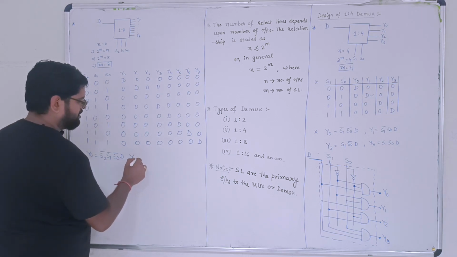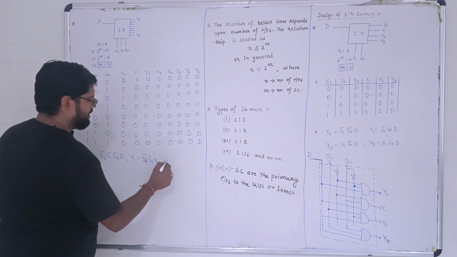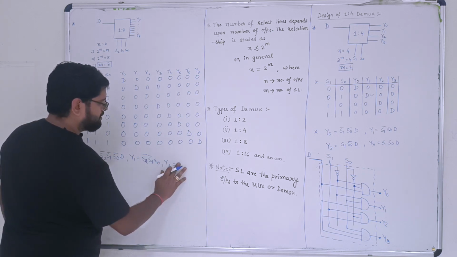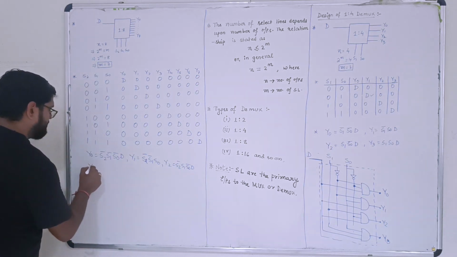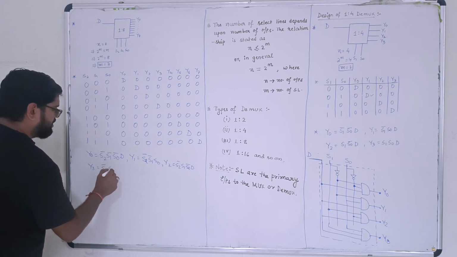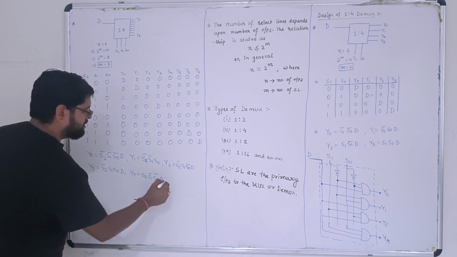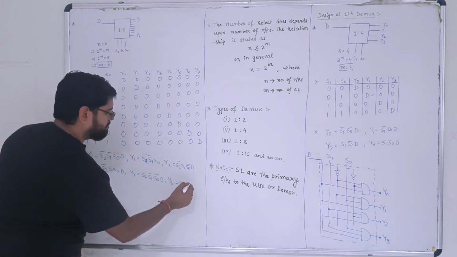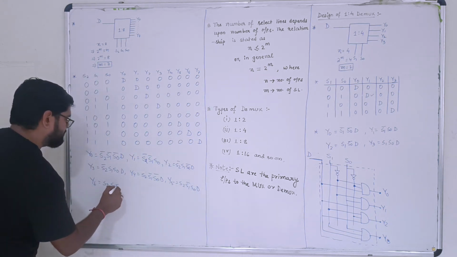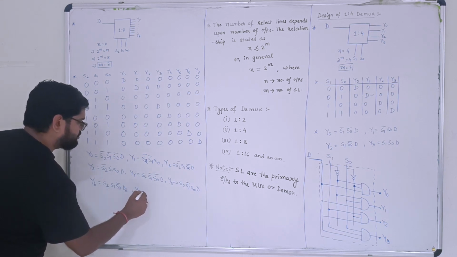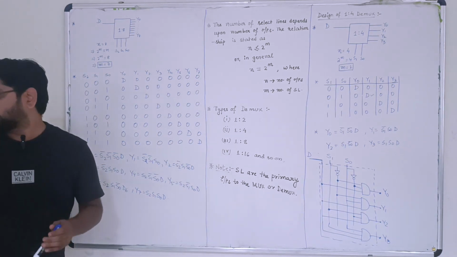So Y1 equals S2 bar, S1 bar, S0, D. Y2 equals S2 bar, S1, S0 bar, D. Similarly, Y3 equals S2 bar, S1, S0, D. Y4 equals S2, S1 bar, S0 bar, D. Y5 equals S2, S1 bar, S0, D. Y6 equals S2, S1, S0 bar, D, and Y7 equals S2, S1, S0, D. So these are the 8 outputs, and we know that all of them are in